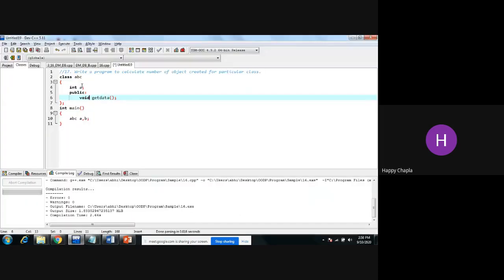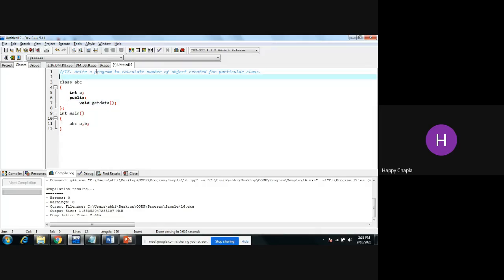Okay, one logic I am giving you is logic number one. What is the logic? Logic number one: you can use a static variable and static function. We had already discussed this question when we were doing the static variable and static member function concept.